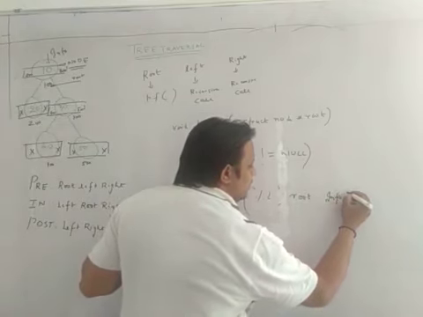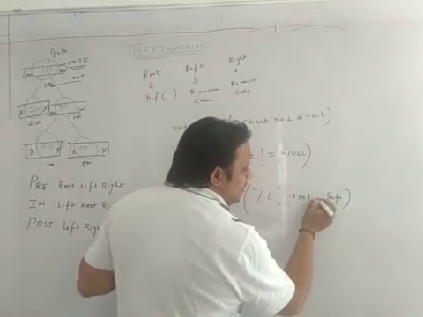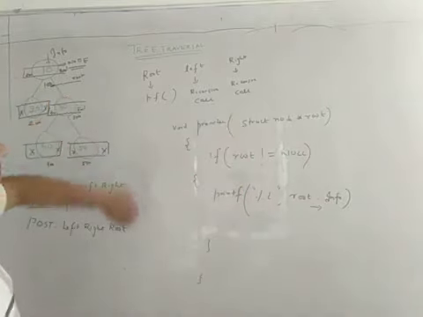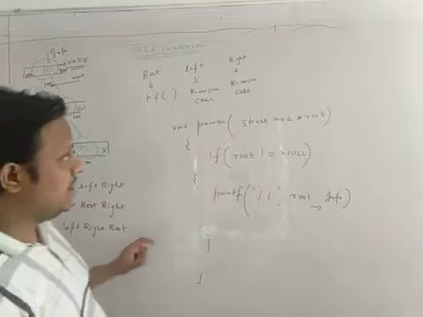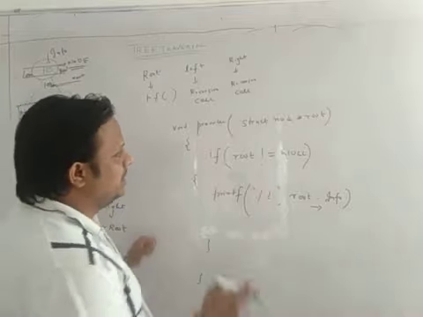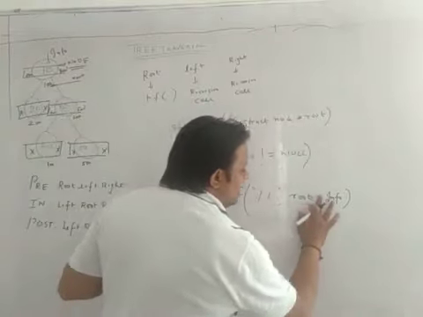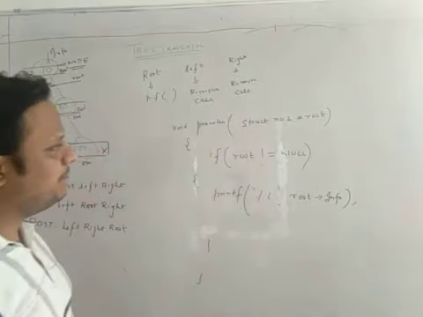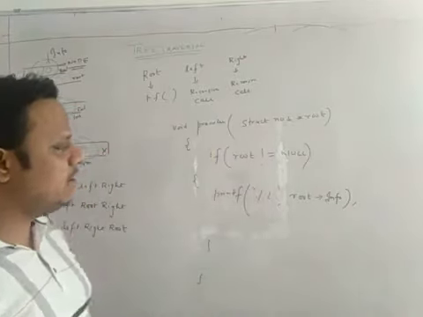Now what comes in between this? Dot or error. See, dot comes when your variable is a normal variable. My variable is not a normal variable, it's a pointer variable. So in case my variable is a pointer variable, I have to use the arrow operator, not the dot operator. So write simply printf %d comma root arrow info.